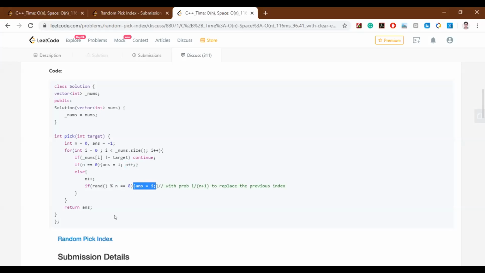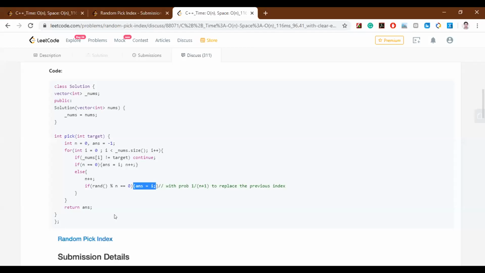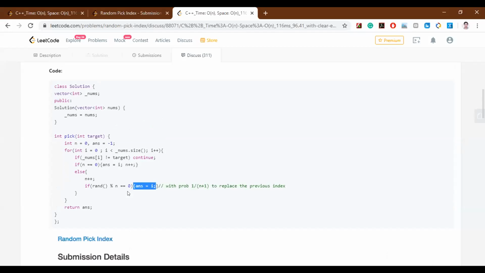In the worst case, he must traverse the whole array. Yes. But that's a trade-off, Santosh. He's not using the extra space. Yeah, but he could have used binary search in this case, because it's in increasing order. No, but you cannot, because it's not given that the input numbers are sorted. Fortunately, the example shows that, but it's not given. I also found the lower bound and upper bound, then I saw that it is not sorted.